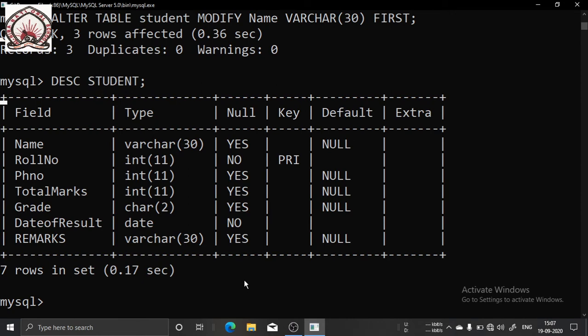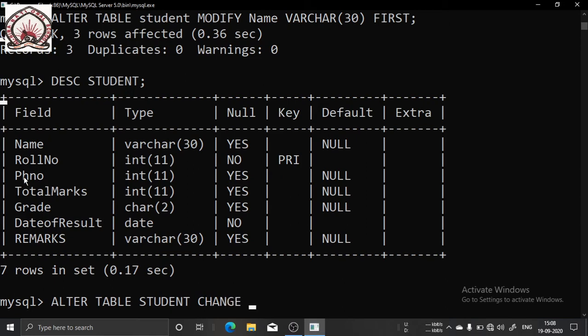Now suppose I want to rename a column, to change the name of phone number to contact number. So what is my syntax? It will be alter table, then table name. My table name is student. Alter table student. Because I want to change the name of a column, I will use change.